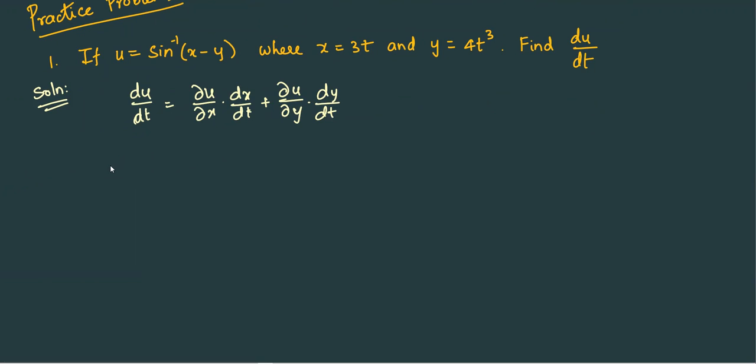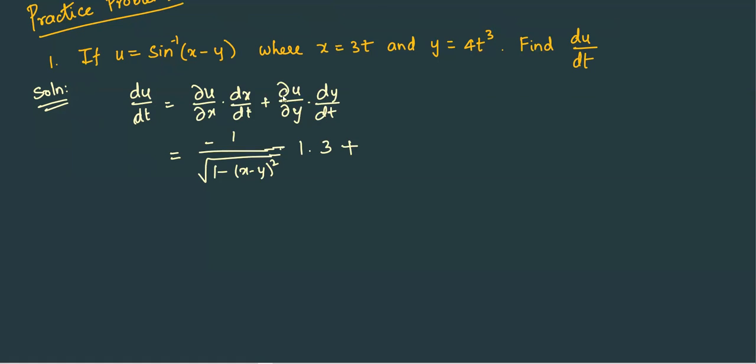So this is dou u by dou x, the partial derivative. So we get 1 by, or directly we can write that also. We'll do both ways. So this is 1 by under root of 1 minus (x minus y) the whole square, into the partial derivative of x minus y with respect to x, which is 1, into dx by dt, which is 3,